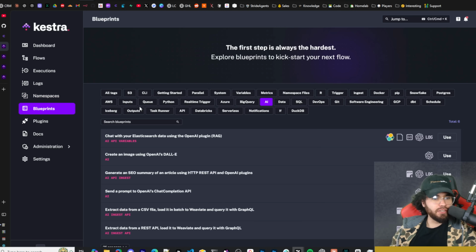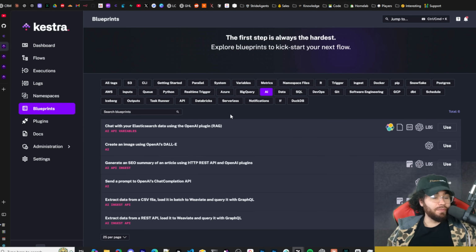All right, and then blueprints. So when you're first getting started, I would highly recommend, really just to get an understanding of Kestra, checking out these blueprints right here. All right. This is something I'm definitely going to be doing because this is a newer tool for me, and I'm very